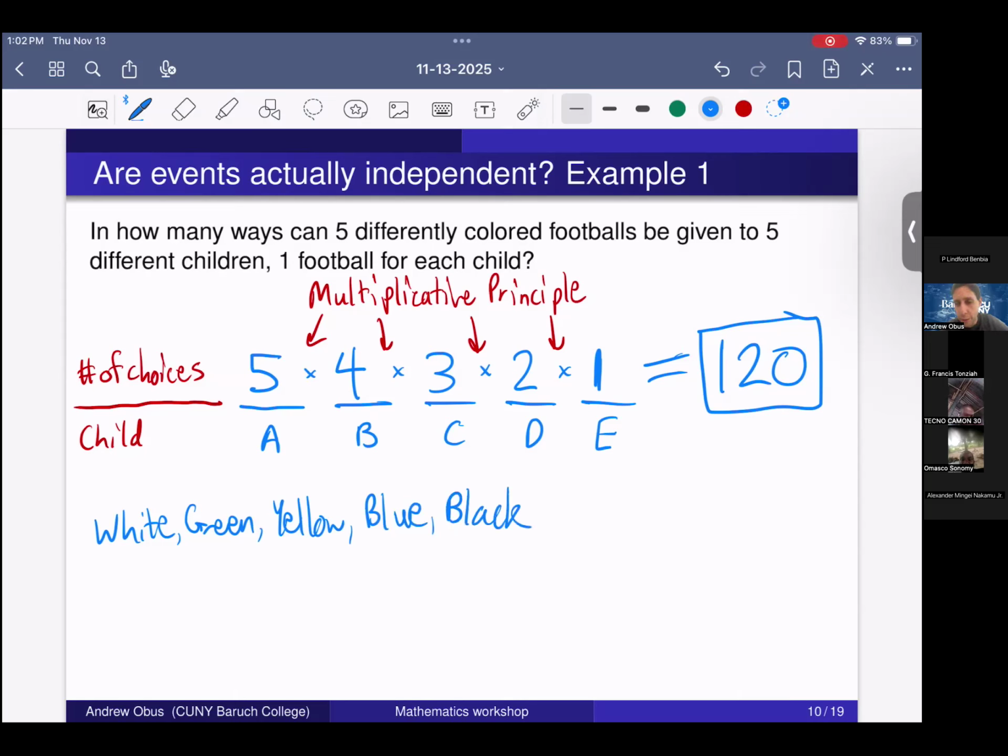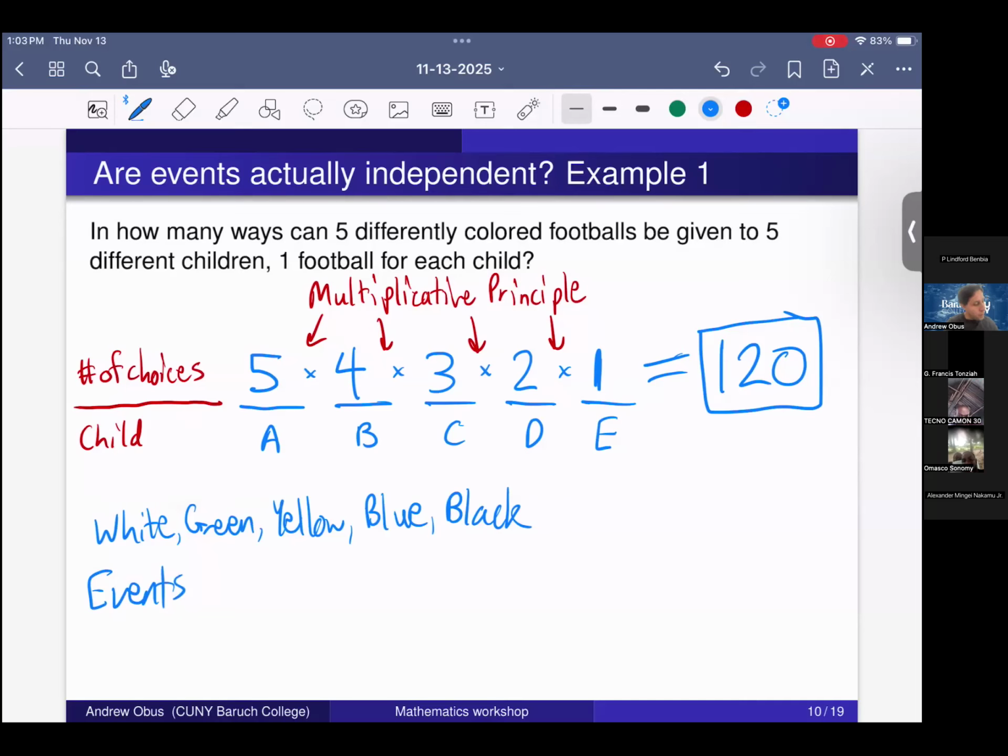They're white, yellow, green, blue, and black. Well, let's say I give the white one to child A. Well, then there are 4 choices left for B. Let's say instead I give the yellow one to child A. Well, in that case, there are now still 4 choices left for B. They may be different choices, but it's still the same number of choices. And if I give the black one to child A, then there's still 4 choices left for B. Right? So what I'm going to say here is that the events